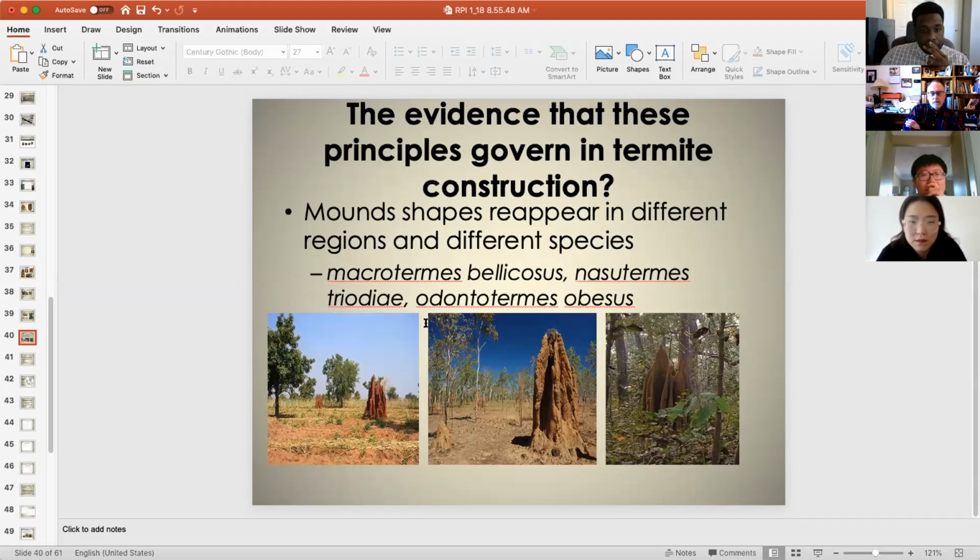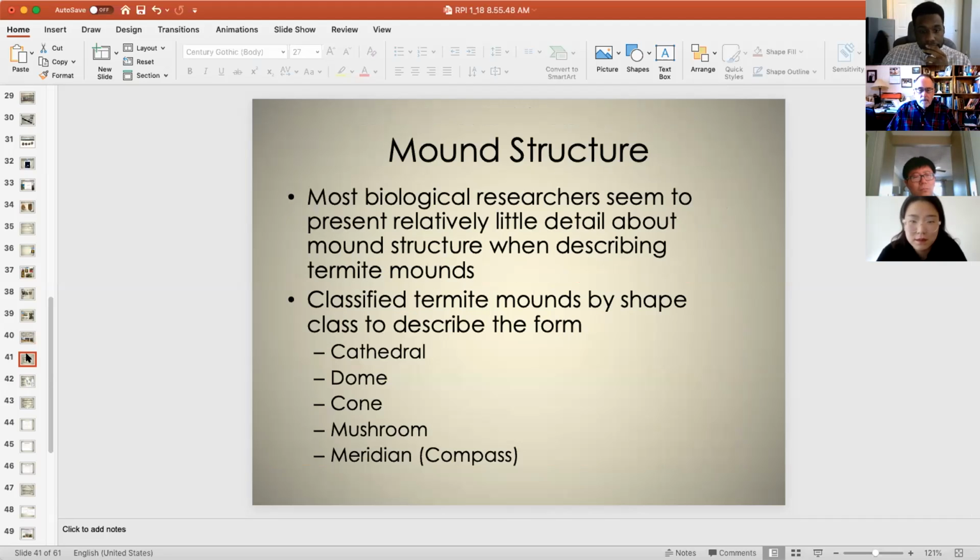It turns out that you can have the same species of termite make very different mounds, or different species making the same form of mound in different climates, or different species making different mounds depending on climate. What was interesting was after classifying, I think he looked at about 65 published works on